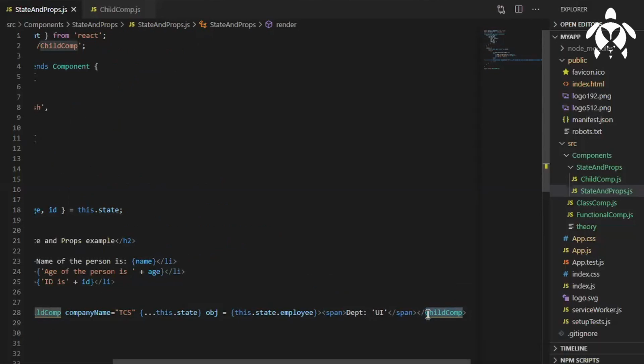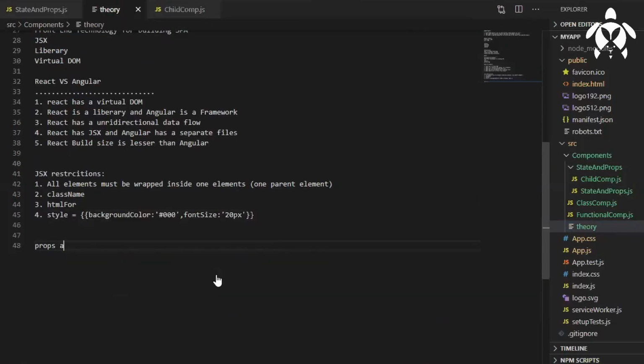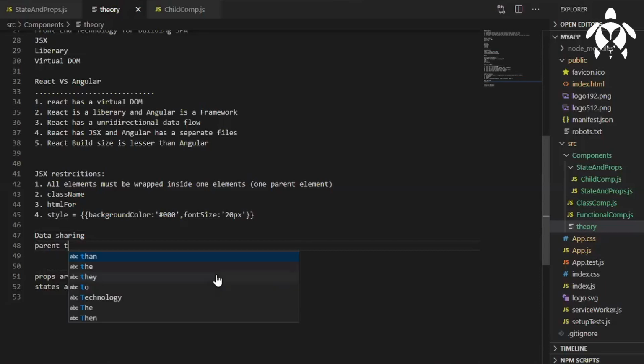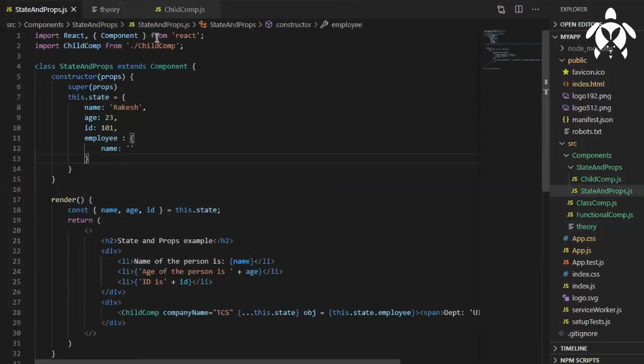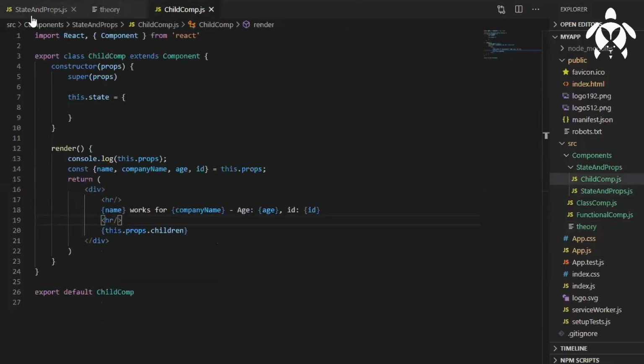Now we'll see how to set the state. First of all, props are immutable, states are mutable. Here we have just seen the data sharing concepts. We have shared the data from parent to child component.